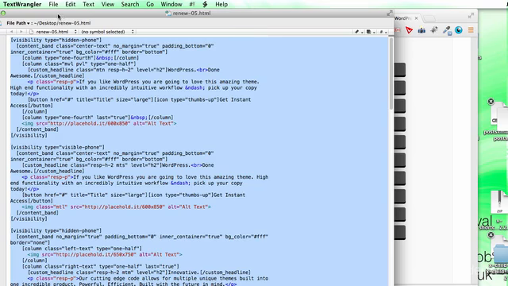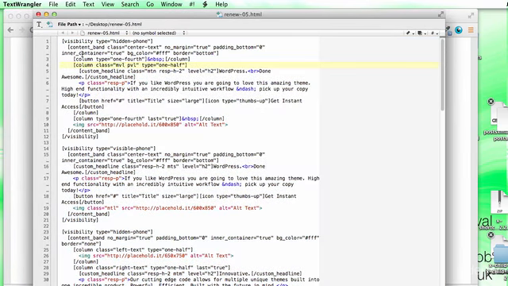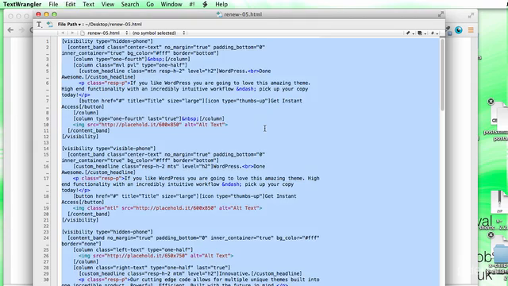Just before we do that, we'll have a little look at what's going on here. You might notice that this looks a little bit different to the HTML files that we're used to. That's because in WordPress you use these square brackets to delineate shortcodes. So the various themes create their own shortcodes for putting together certain layouts, image styles, etc. So these do tend to be specific to the theme in particular, so I'd recommend picking one theme and then sticking with it, which is why it's worth choosing one which is as general and as widely applicable as possible. So we'll look at those shortcodes in more detail later on, but for now we'll just copy the text,